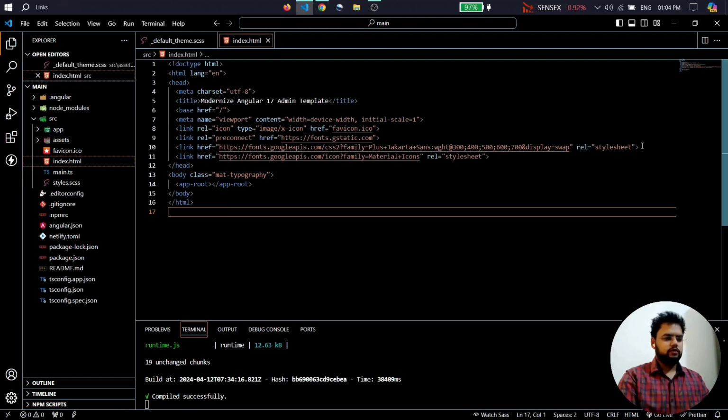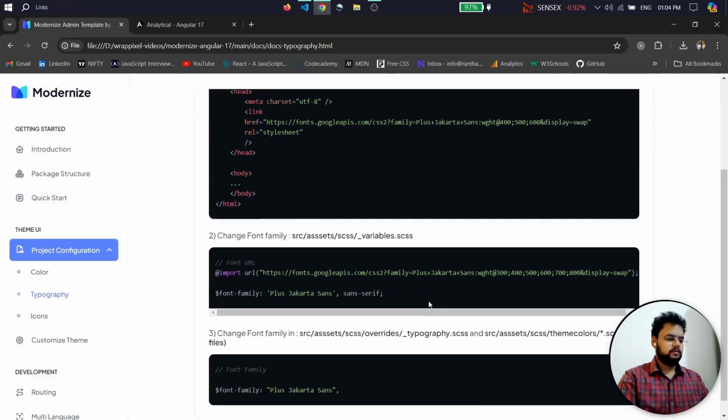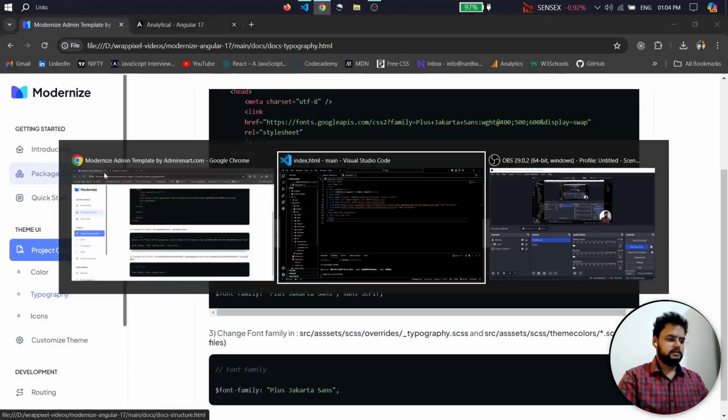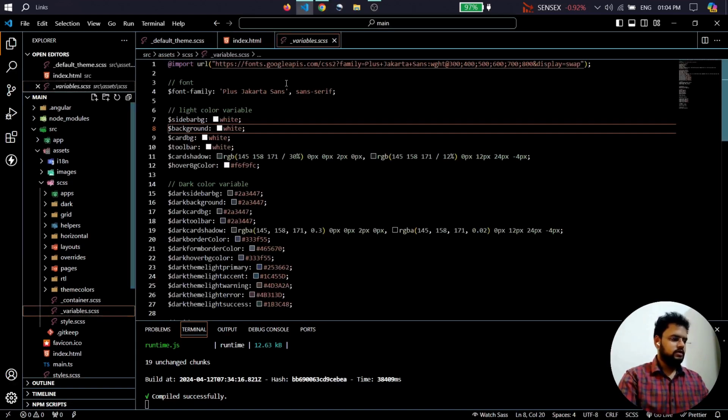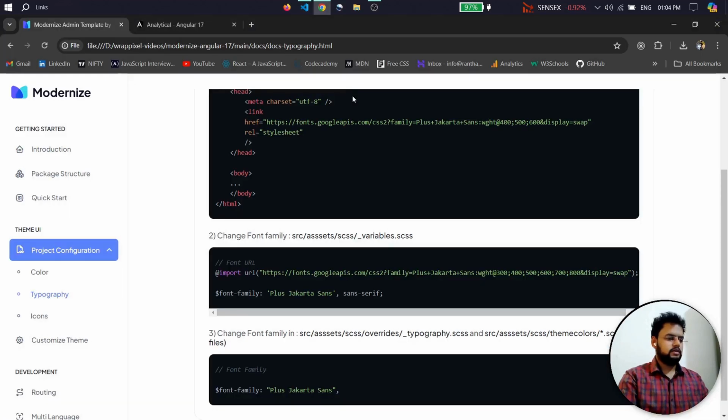So you just have to paste the Google font link here first. This is the one, and then you have to mention the Google font name here also inside assets. Then we have scss and underscore variables. So you just have to put the link here and then mention the font family here also. And then there's one more file